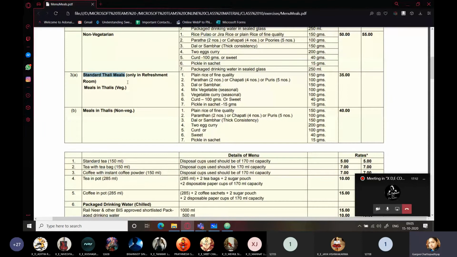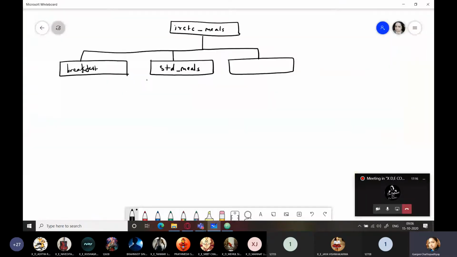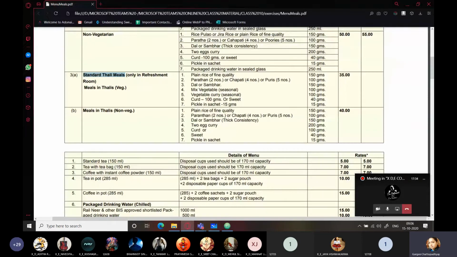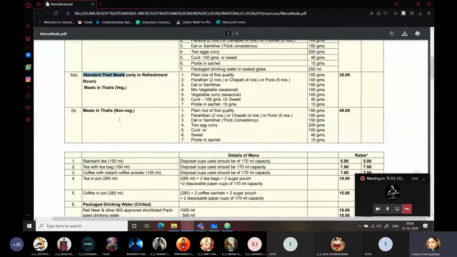Anyone can answer. Thali. Standard, I can write it like this: STD underscore thali. Simple. If you want, you can also add another underscore and write meal, but that would make your element very large. Avoid making your elements very large because it would be cumbersome to type so much.